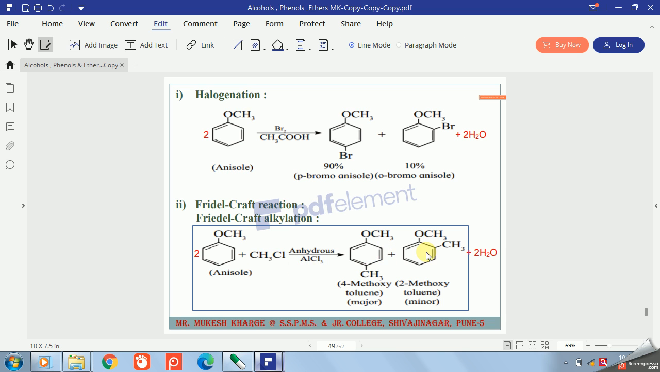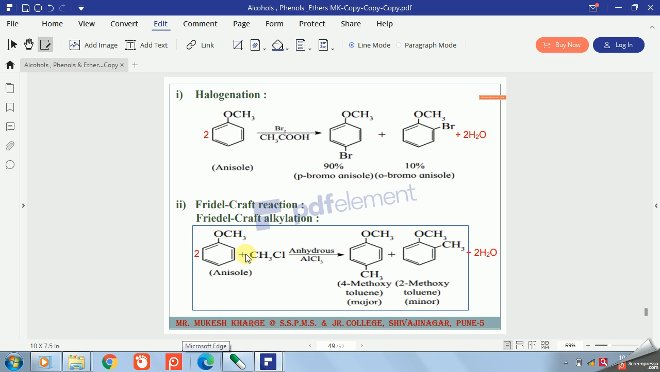and again we can substitute the hydrogen from ortho and para position. So what is the product? We get 2-methoxytoluene and 4-methoxytoluene. Among that, 4-methoxytoluene is the major product. Reason is same. And for writing the balanced equation, write down 2 moles of anisole react with methyl chloride